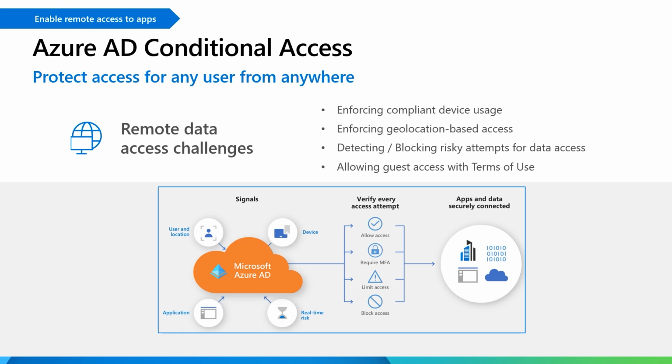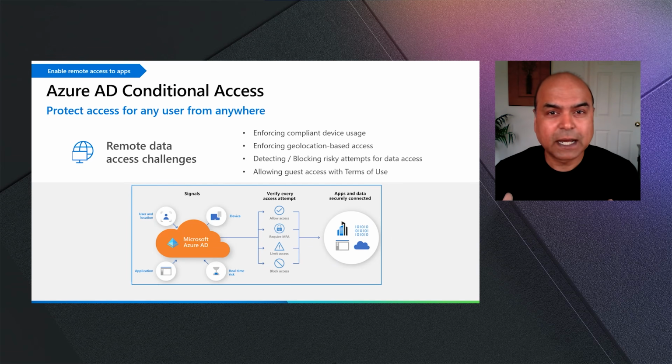As an example, you can set policies to block access from certain geographies, or you can require MFA if the user signs in from a new location. Or you can detect and block risky sign-in attempts, like a user logging in from multiple different geographies in a short period of time. Conditional Access is a powerful way to control access to corporate resources when you have a large